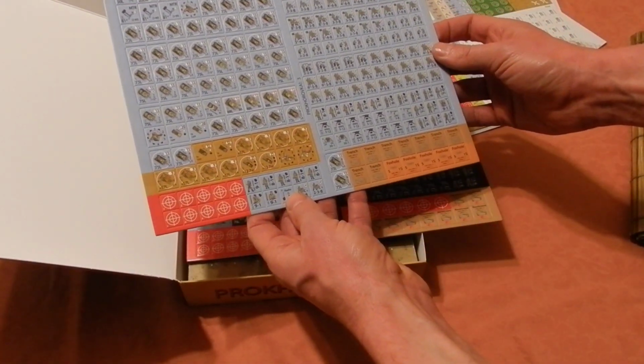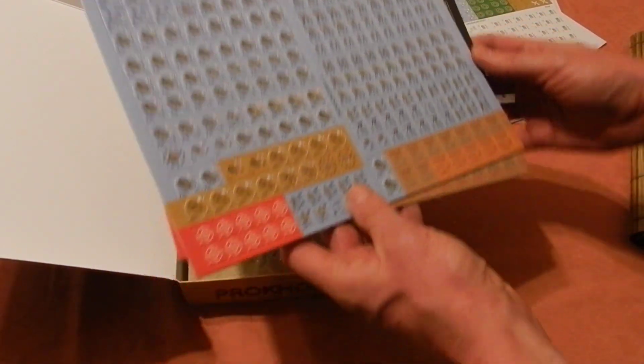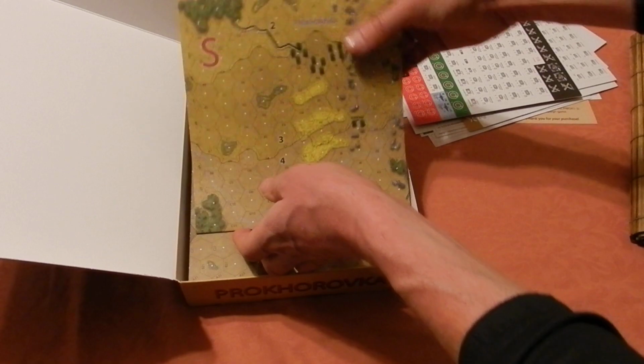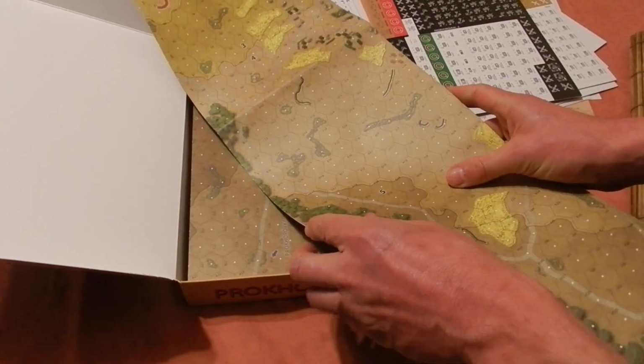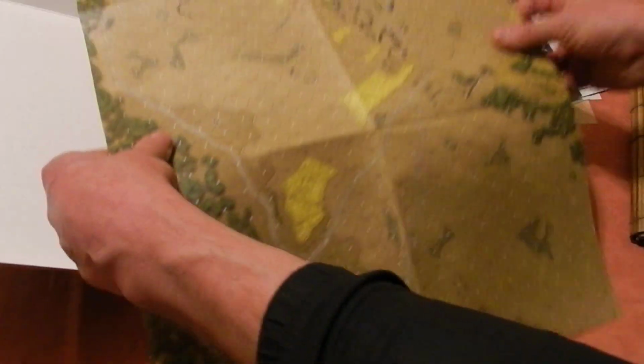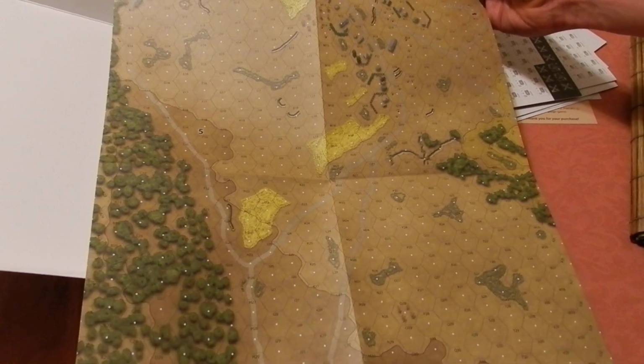And more for the Germans. Oh, and we've got blue and black, so you have a choice of which one you want to use. Okay, here we have map S, which was the Storozhevoye. I won't be able to fit this all in, but it's a decidedly thicker cardstock, matte finish,